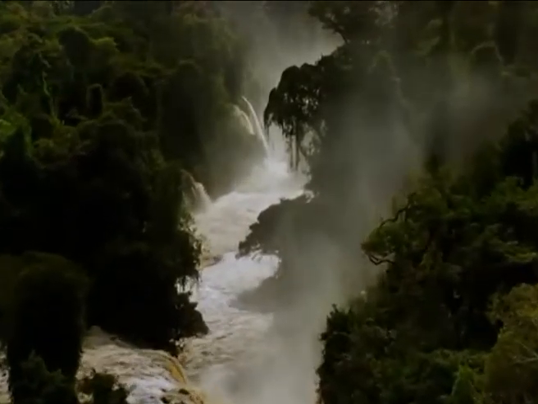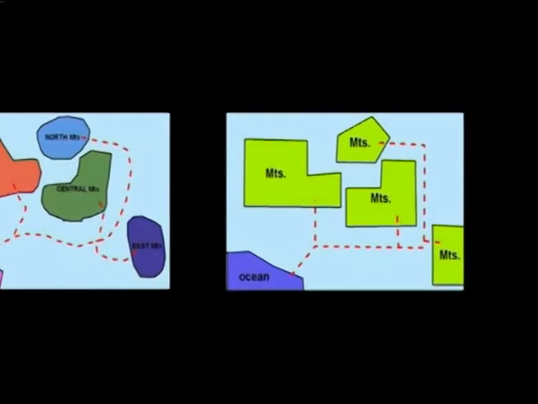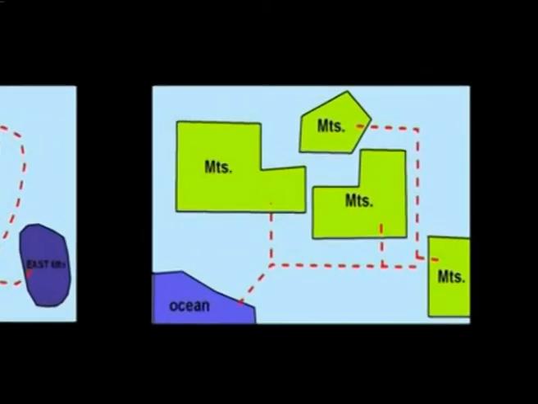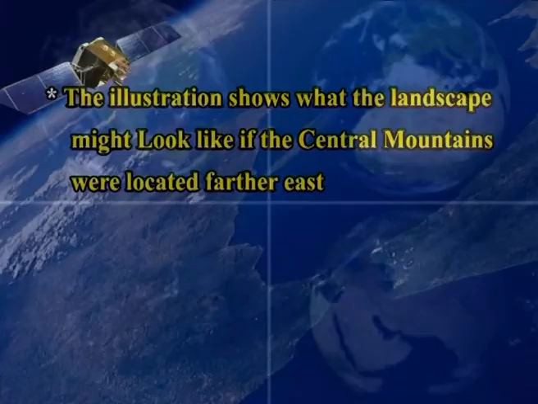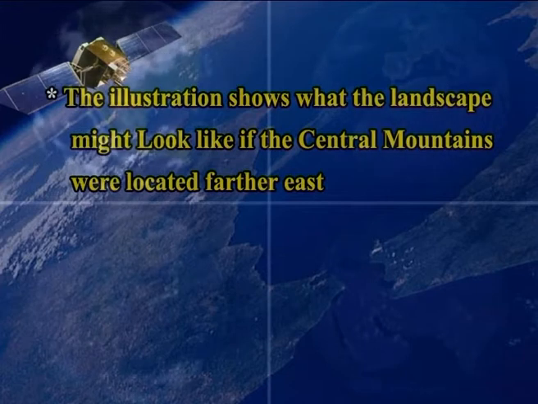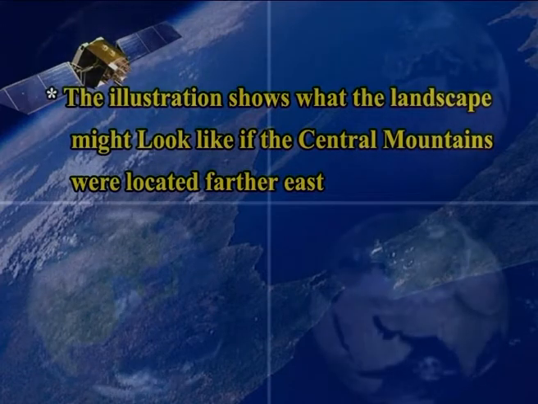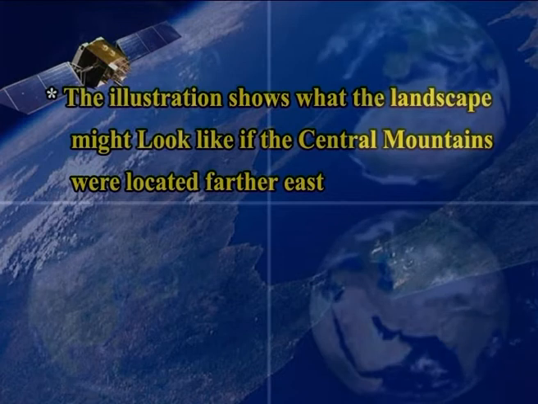sometimes a complex pattern, such as river patterns, here are clear and better understood. The illustration on the left shows use of the model in trying to understand what would happen under various conditions. This is a what-if scenario or condition. The map is a repeat and explanation of the landscape model used in the illustration. Note that the long stream routes around a mountain range and the other streams feed directly into it. The illustration shows what the landscape might look like if the central mountain were located further east.